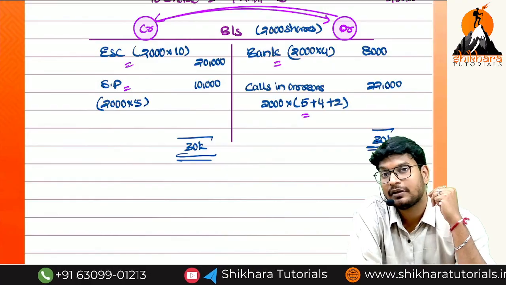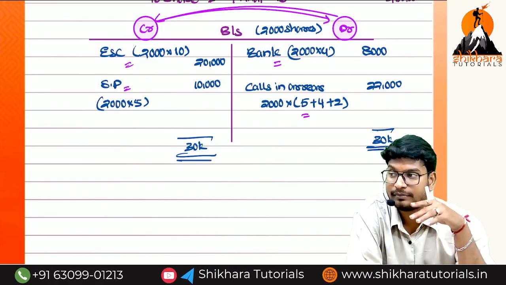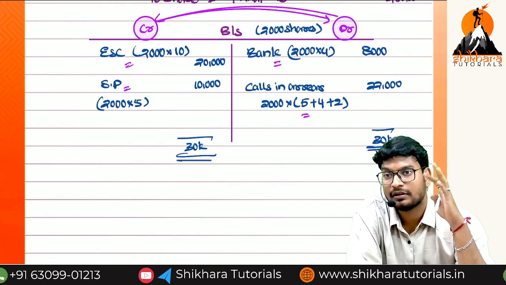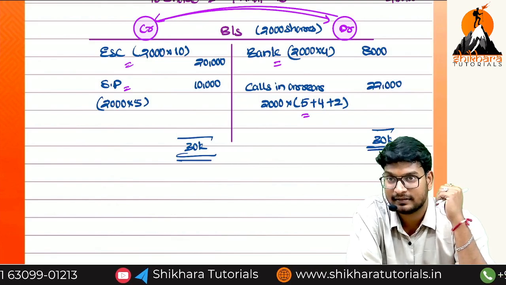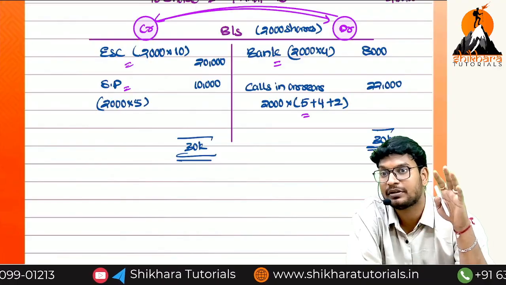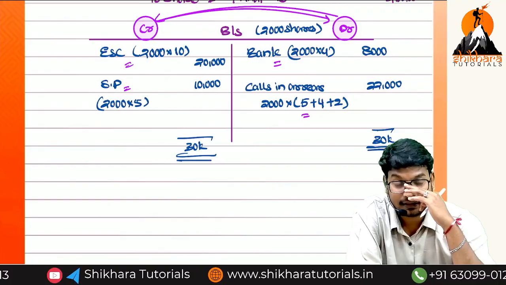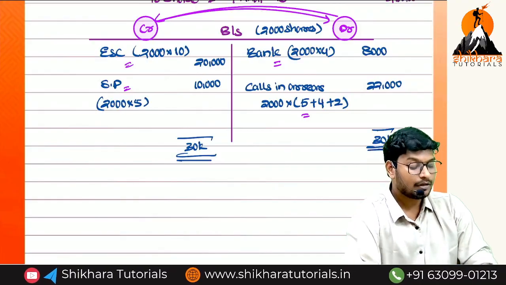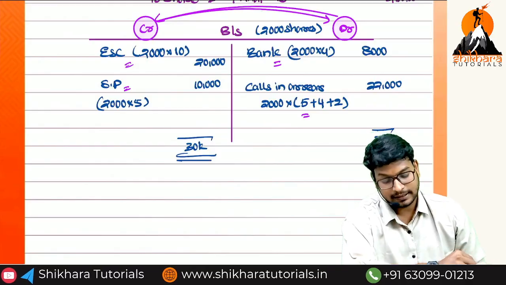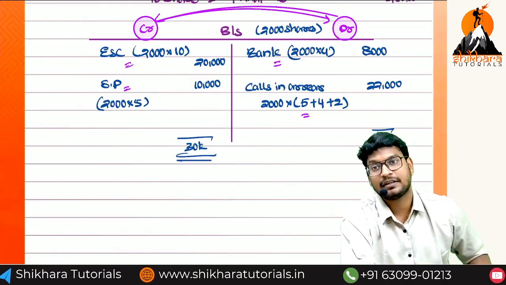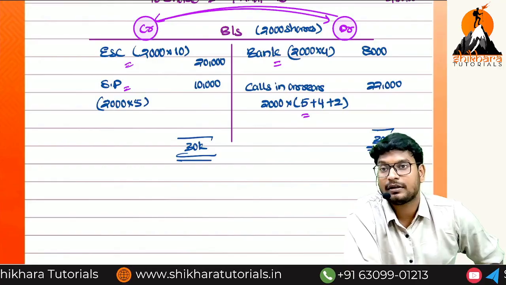Will the application account be there or not? It will not be there. Allotment, first and final call, all the accounts will be cancelled. That is the reason those are not coming to the balance sheet, or we are not going to disclose them in the P&L account also. I think you know, for the equity share capital, which working note? Working note number 1.